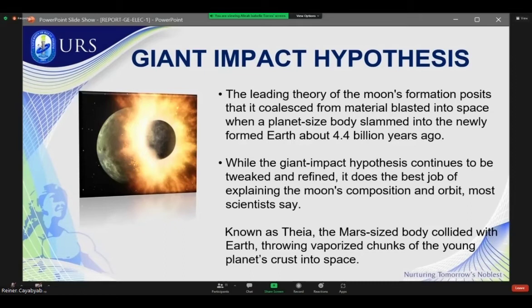Years passed by, this debris coalesced or combined to each other to form a certain mass, which is now called the moon. So the moon was created according to the giant impact hypothesis.